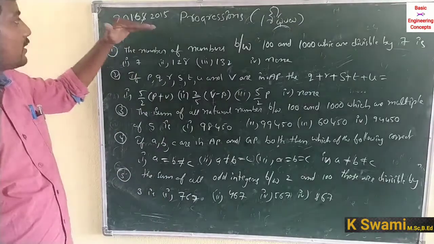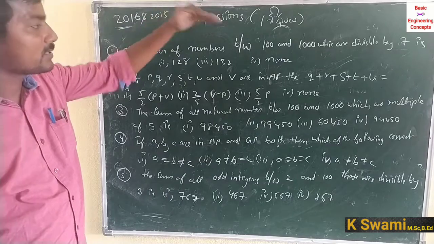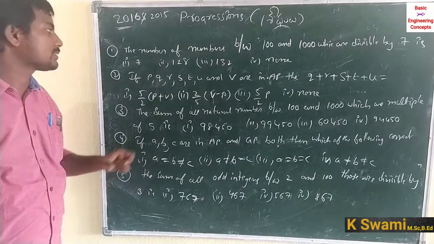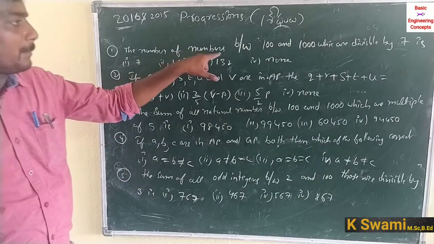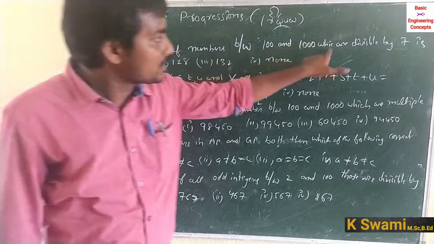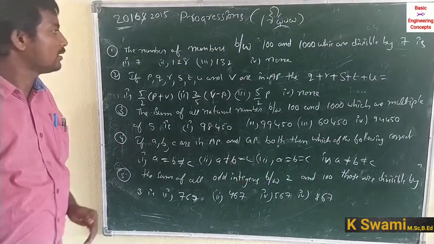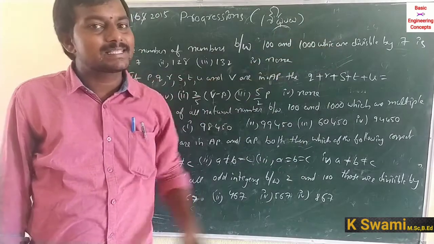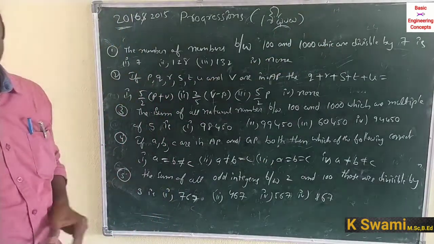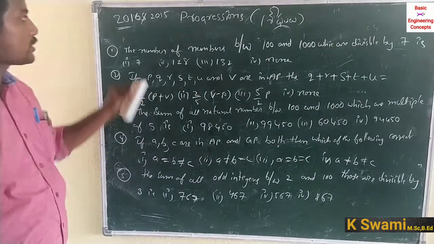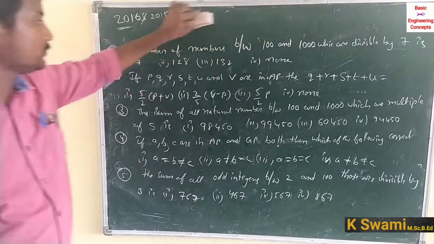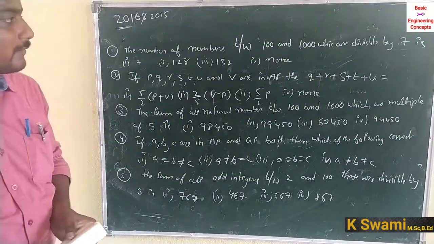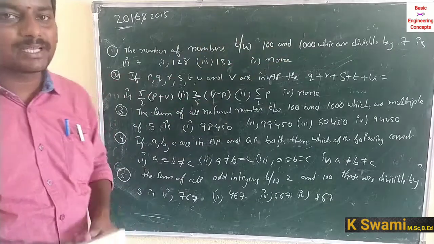మనకి 2016 అండ్ 2015లోని ప్రోగ్రెషన్స్ ఇచ్చిన 5 క్వశ్చన్స్ ఒకసారి డిస్కషన్ చేసుకుంటే, ద ఫస్ట్ క్వశ్చన్ ఈజ్: ద నెంబర్ ఆఫ్ నెంబర్స్ బిట్వీన్ 100 and 1000 విచ్ ఆర్ డివిజిబుల్ బై 7 ఈజ్. సో 100 మరియు 1000కి మధ్య 7చే నిశ్శేషంగా భావించబడే సంఖ్యలు ఎన్ని అని అడుగుతున్నాడండి. ఓకే అండి, సో ఒకసారి చూసుకుంటే ఇక్కడ ద ఫస్ట్ నెంబర్ divisible by 7 from 100 to 1000 is.